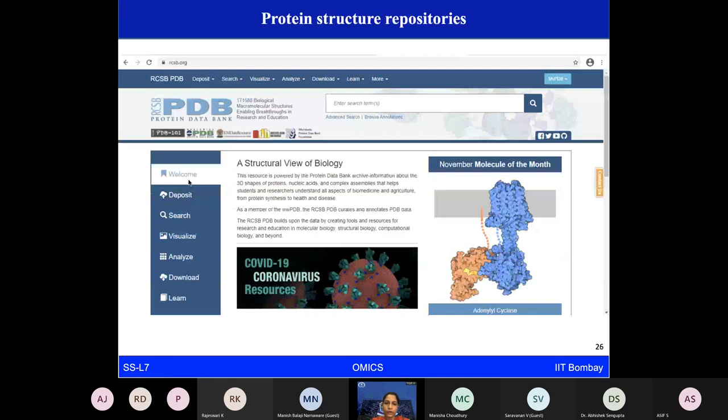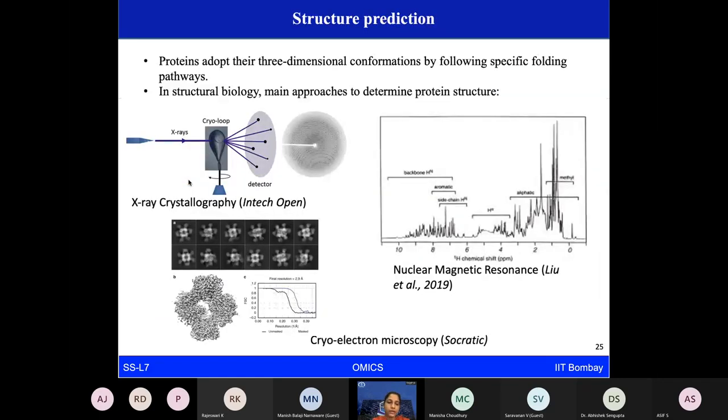However, now if we go to one structure repository, so what are structures? Protein structures. In the previous lecture also we heard about tertiary structures of proteins, and these tertiary structures are very important for us because whenever we want to do any kind of bioinformatic analysis, structure based drug designing, or drug repurposing studies using bioinformatics.